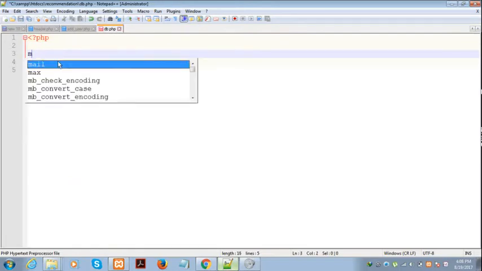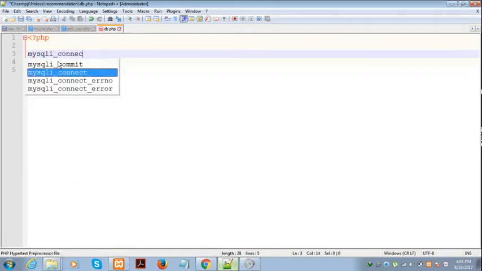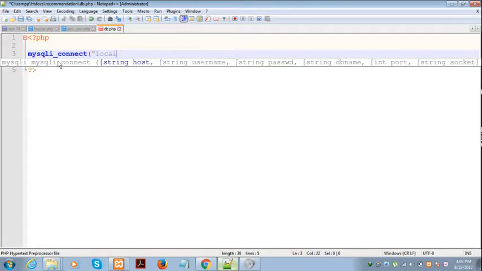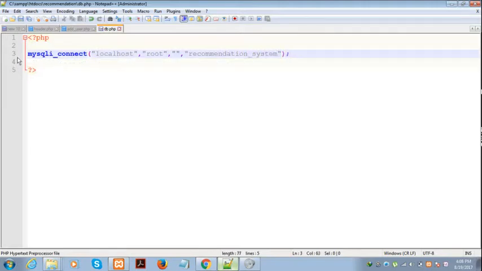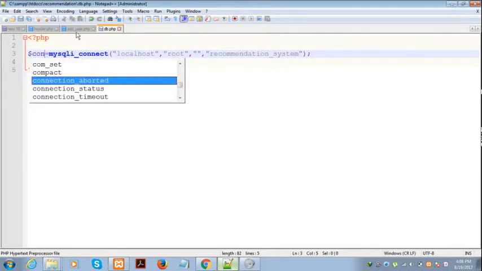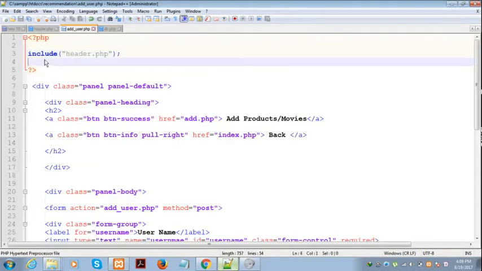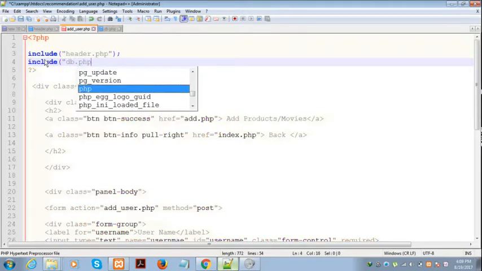I will write mysqli_connect, localhost, username is root, and the database is recommendation system, and I will store everything in a variable so we can use it. And I will include this db file, db.php,